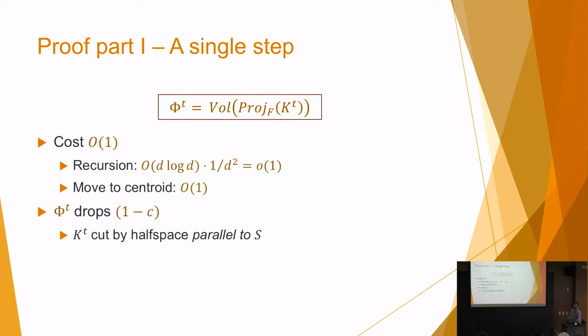And so recall Grunbaum's theorem, which says that every time I cut off the centroid, I'm losing a constant factor off of the volume. So the important thing here is that since this cut is parallel to the skinny directions, when I project it down into the fat directions, it's the same cut. So I'm cutting off the point, which is just the projection of that subspace that I was moving in. That subspace projects to the centroid, and I cut it off. So if I'm just looking in the world of the projection onto the fat directions, I'm actually cutting off the centroid. And so that's how I get a constant decrease in the volume